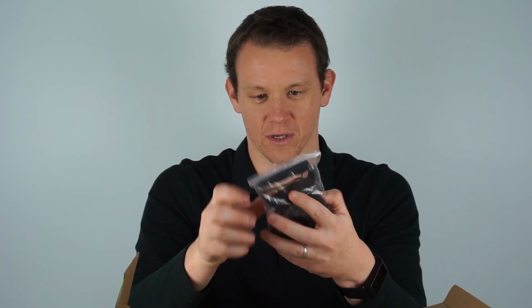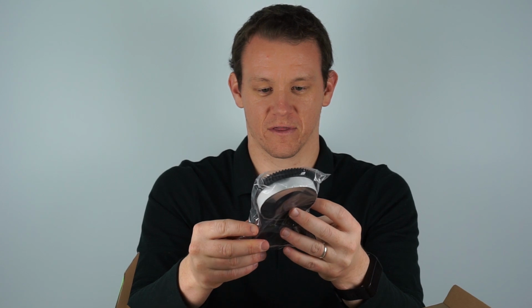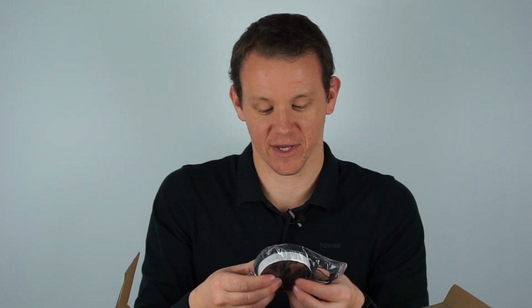Right, so we've got that little insert, I believe is for the outside. And that clips on, it's like a lens shade, an LCD shade. So if you're using it in bright light on the surface, above surface, I guess, then that's going to shade the LCD so you can see it. But there's also a viewfinder on this one, so you don't necessarily need that if you're happy to use the viewfinder. And my experience now,